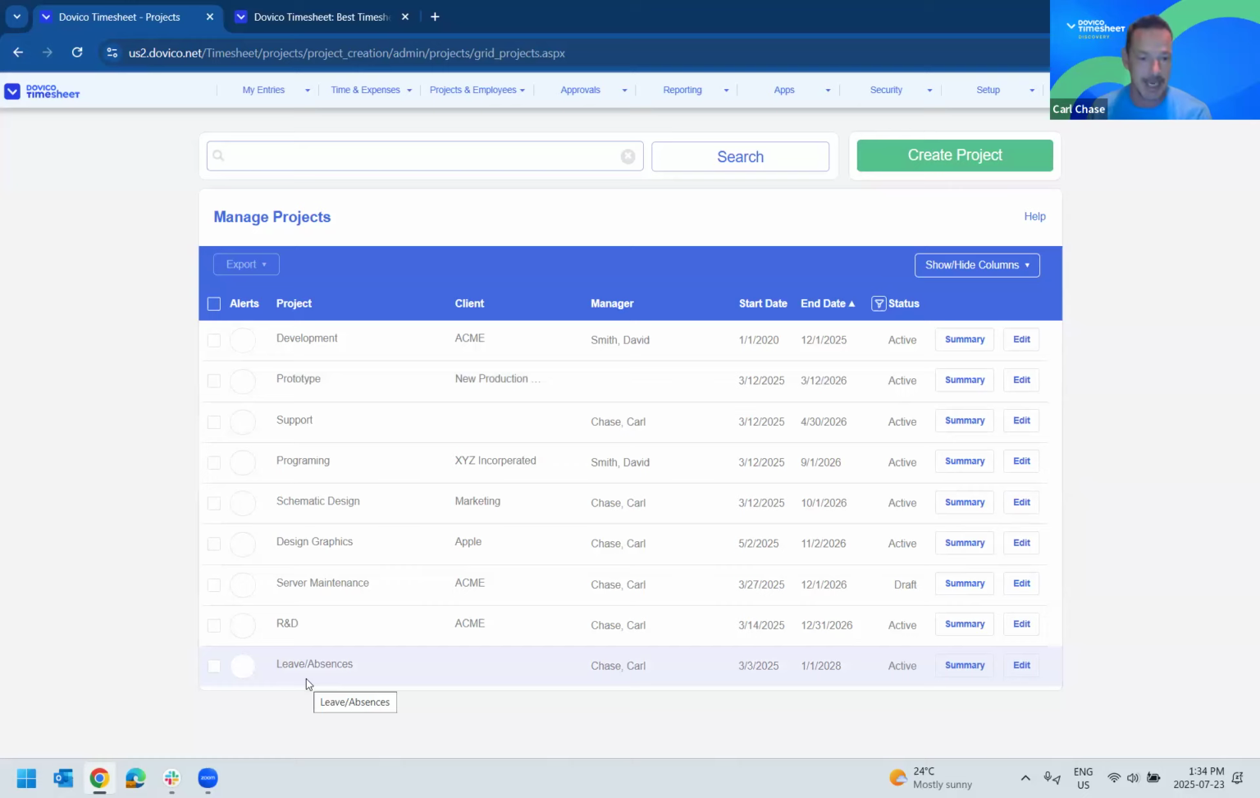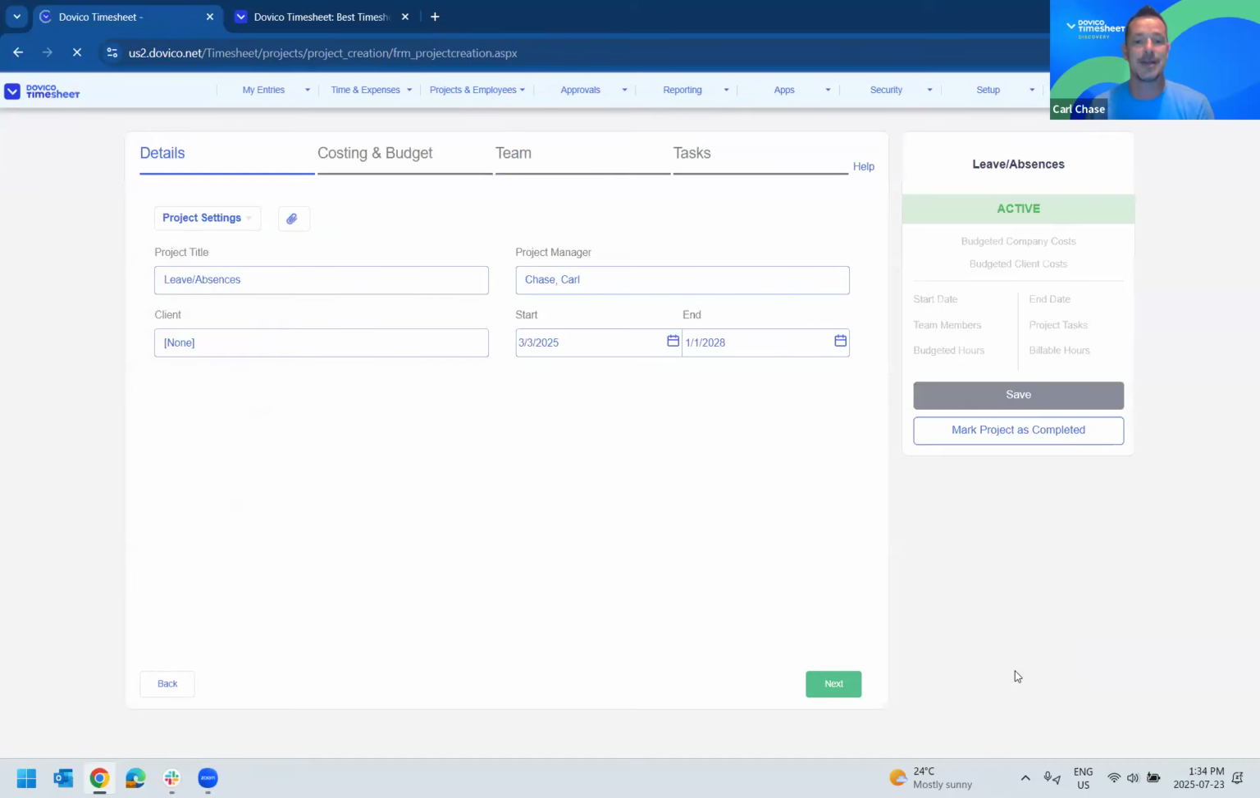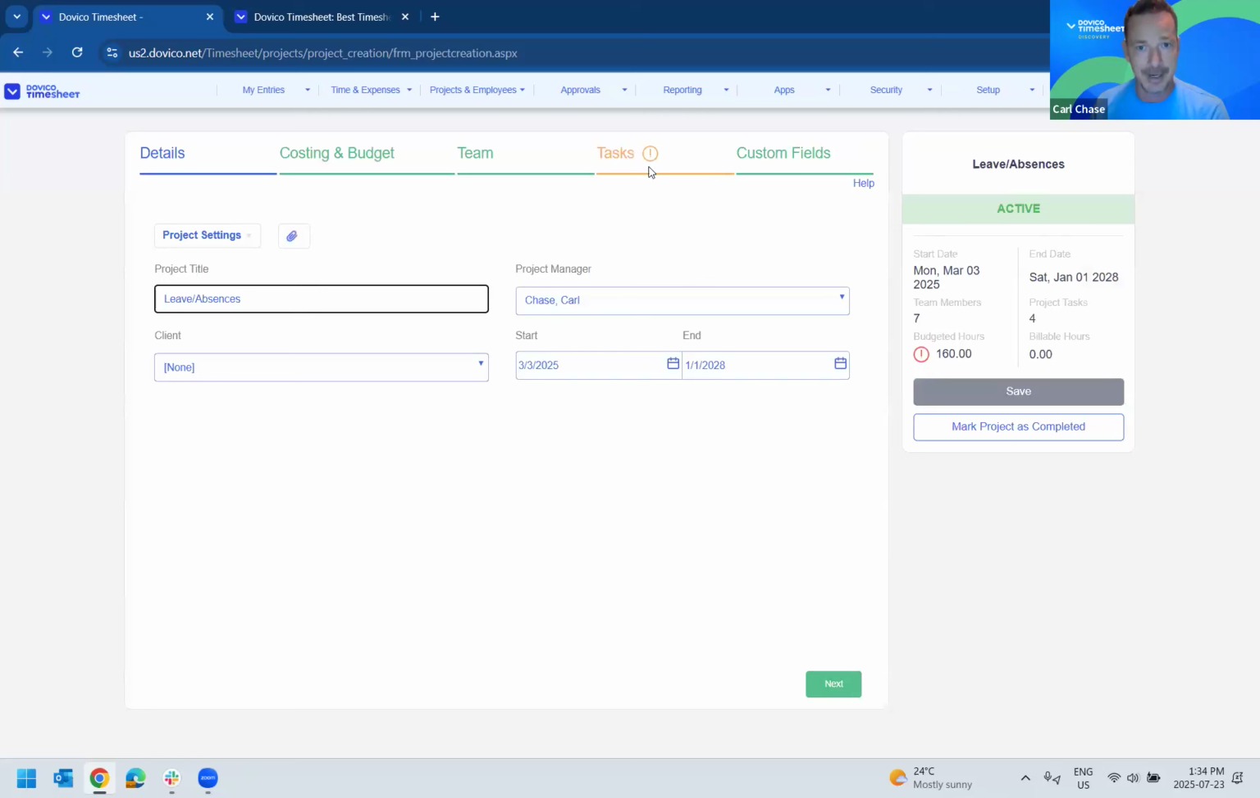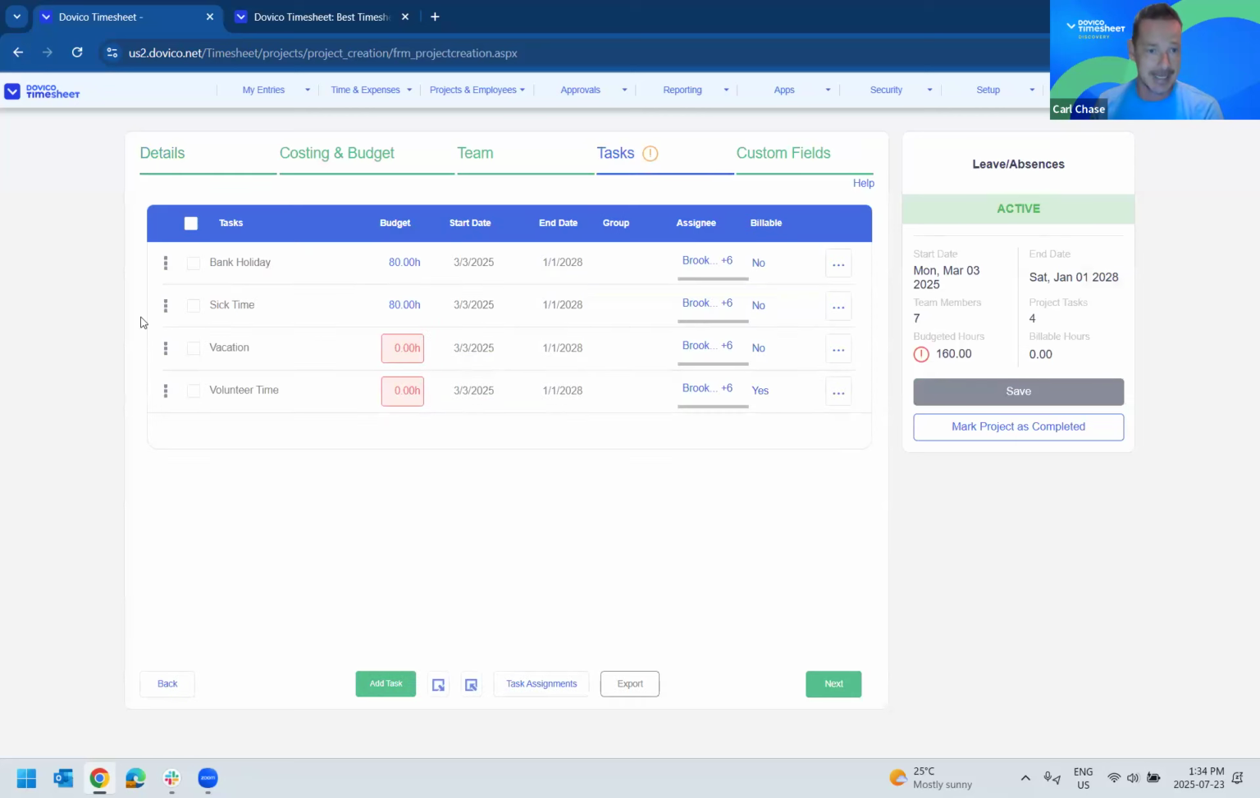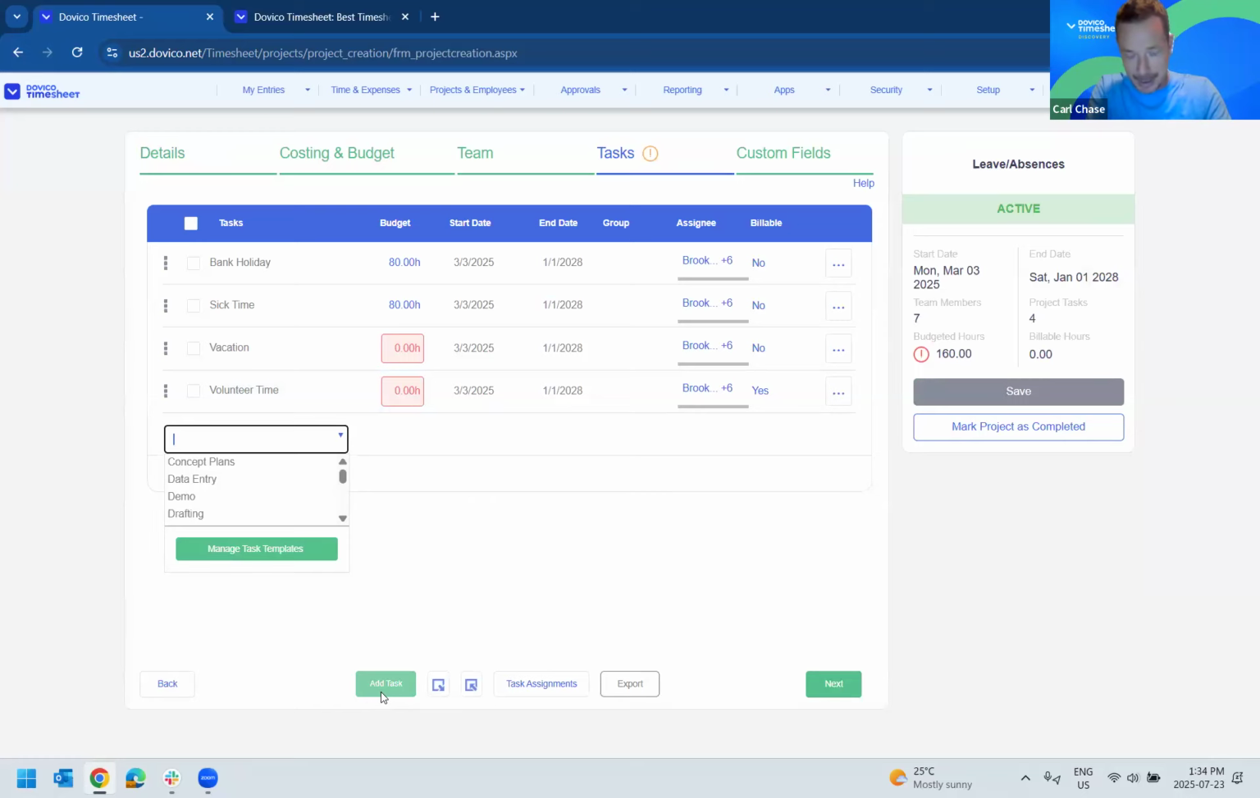This project has a special ID in the background that ties into our leave absence time off app, which makes it all work. Now, in order to add people to the leave absence project or add a new task so they can track time, you just come to the task section. As you can see, I've got bank holidays, sick time, vacation time, and volunteer time. And if I want to add a new one, I can just come in here and say, let me think of a new one here,